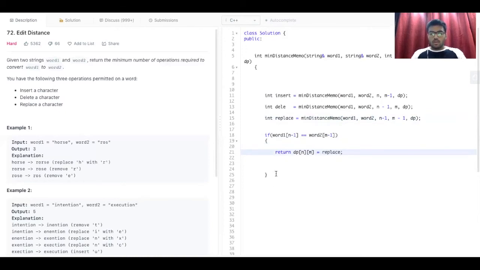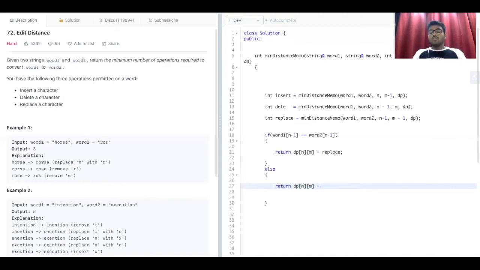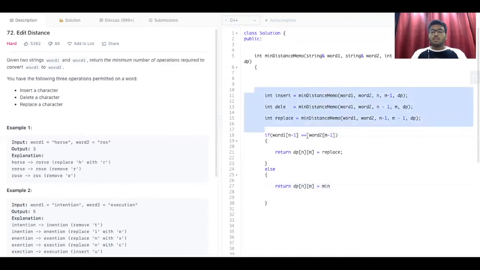All right, now if it doesn't match, what do you do? You return dp of n m, equal to the minimum cost which is required to make the word1 characters equal to the word2 characters. So we see the minimum cost we are getting from these 3 operations, and we consider that.